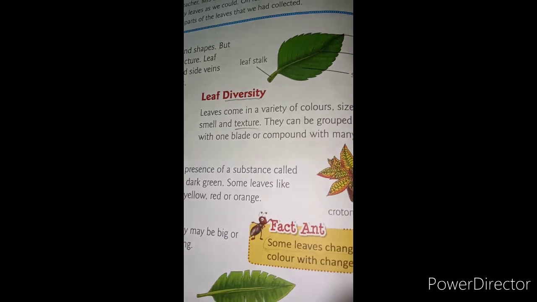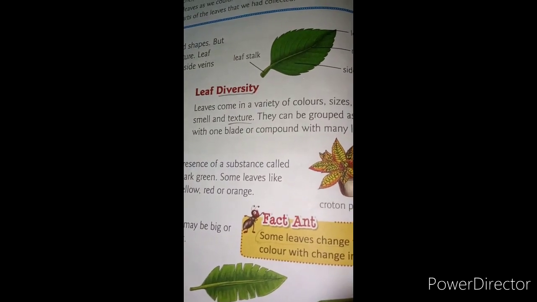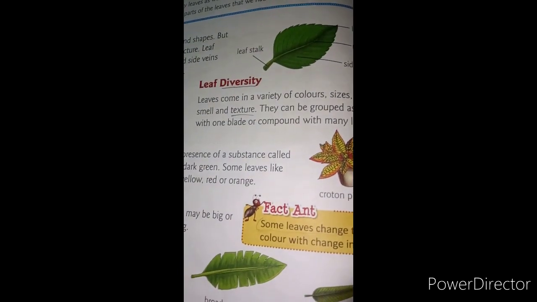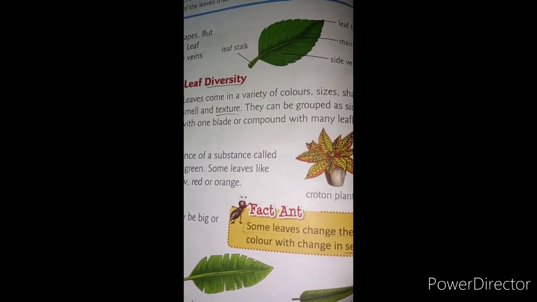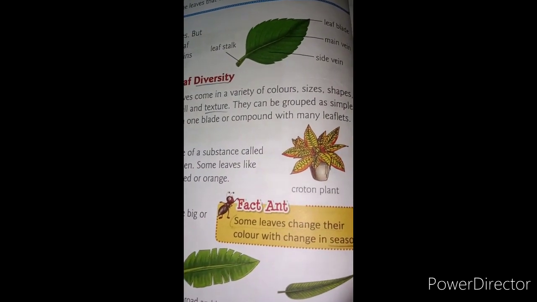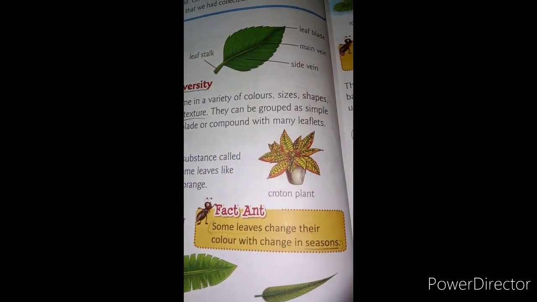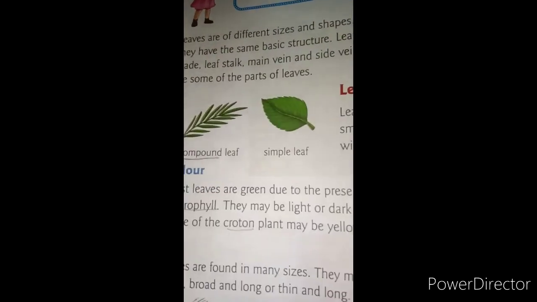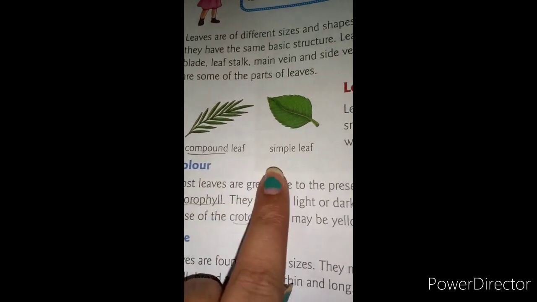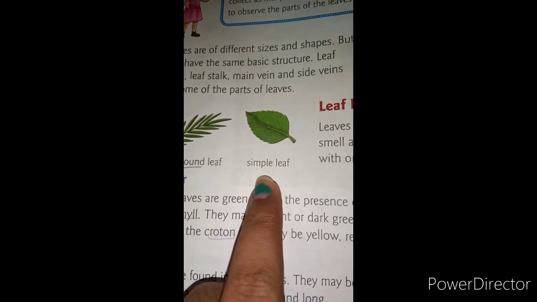Leaf diversity. Leaves come in a variety of colors, sizes, shapes, smell and texture. They can be grouped as simple with one blade or compound with many leaflets. See, this is a compound leaf. This is a simple leaf.